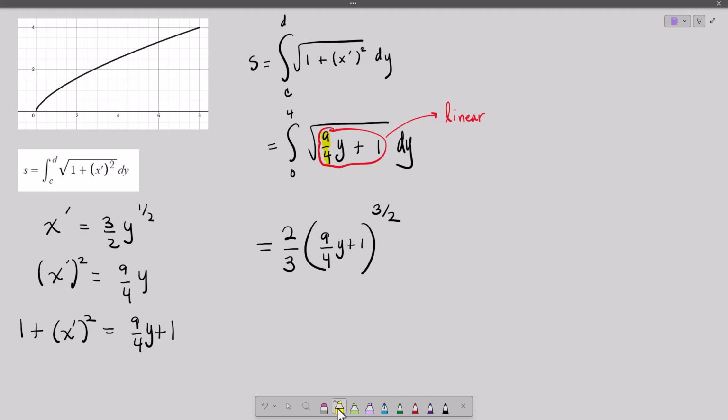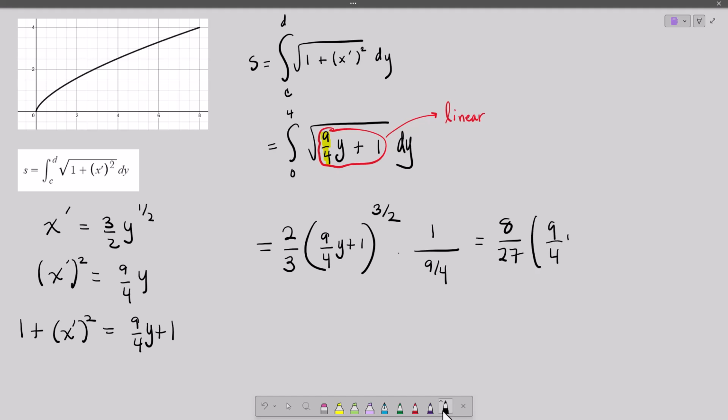So chain rule, if you were differentiating, you would multiply by 9/4. But integrating with reverse chain rule, we divide by 9/4, which is the same thing as multiplying by 4/9. So we divide by the derivative, and that just turns into a multiplication by 4/9. So our answer then, we have 4/9 over here. We're going to multiply by 4/9. So we're going to get 8/27